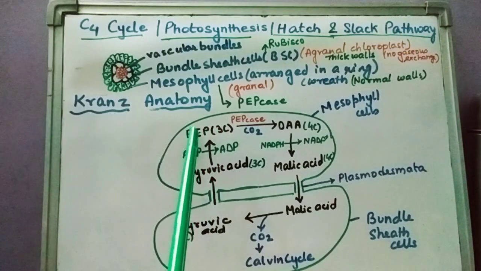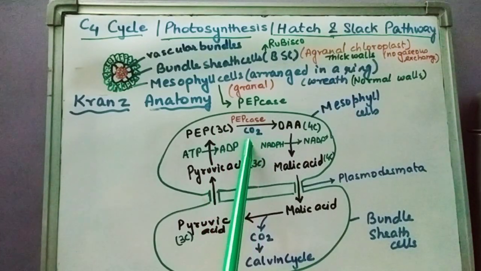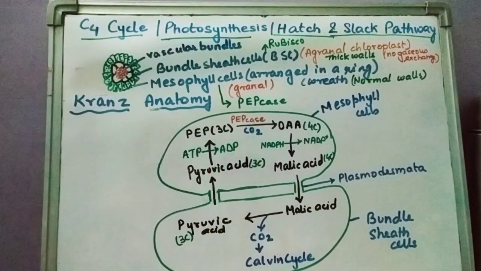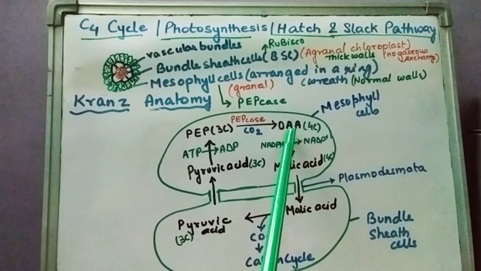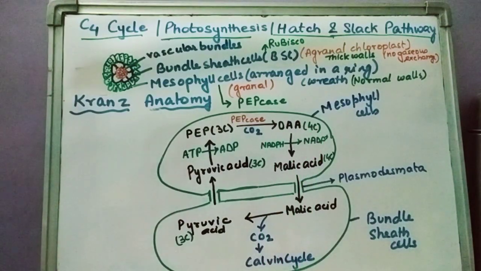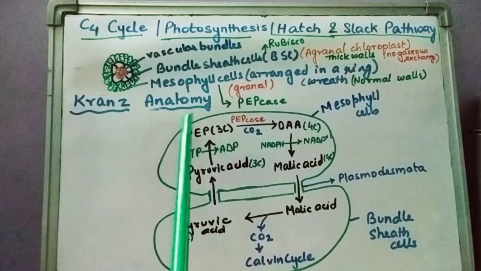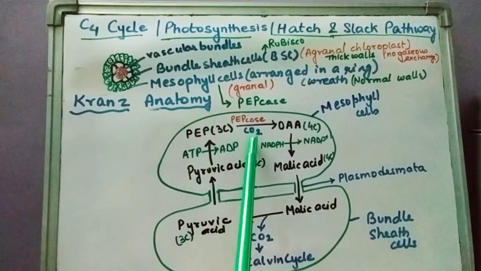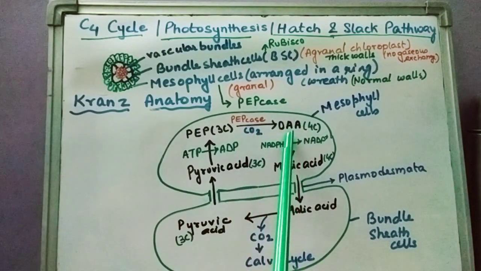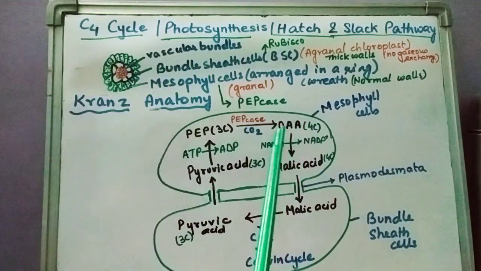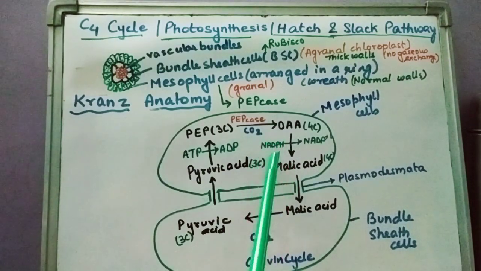It is phosphoenol pyruvate. It is a 3 carbon compound which combines with carbon dioxide with the help of the enzyme PEPcase and forms a 4 carbon compound called OAA, that is oxaloacetic acid. Now PEP, that is phosphoenol pyruvate, has 3 carbons, but by combining with one more carbon dioxide, it has formed a 4 carbon compound, oxaloacetic acid. Now oxaloacetic acid is a kind of organic acid, and it gets into the